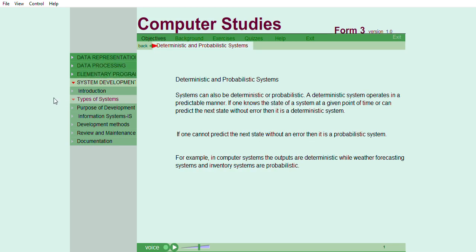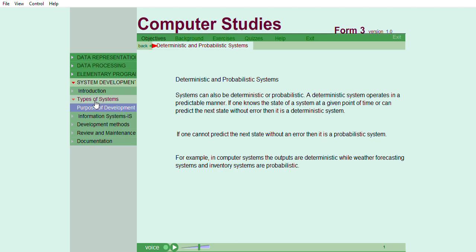Deterministic and probabilistic systems. Systems can also be deterministic or probabilistic. A deterministic system operates in a predictable manner. If one knows the state of a system at a given point of time or can predict the next state